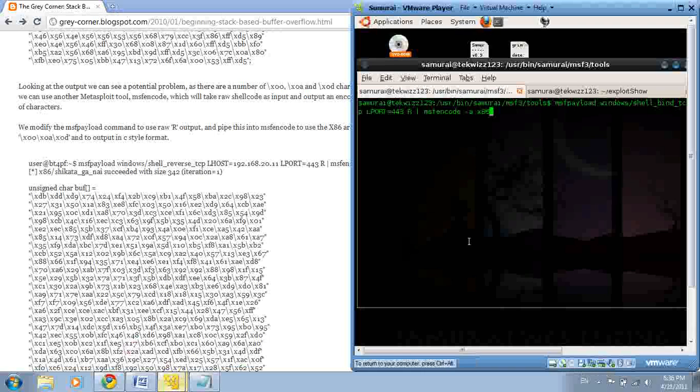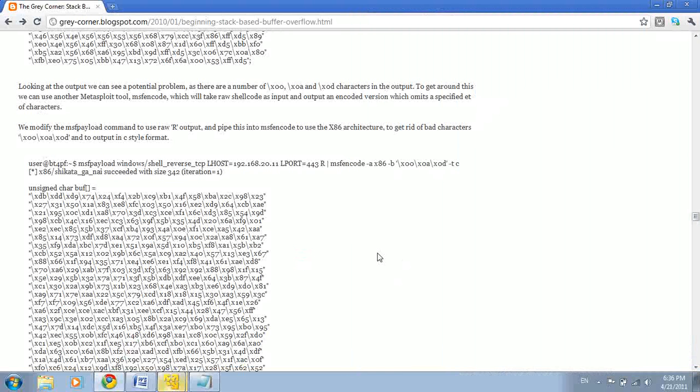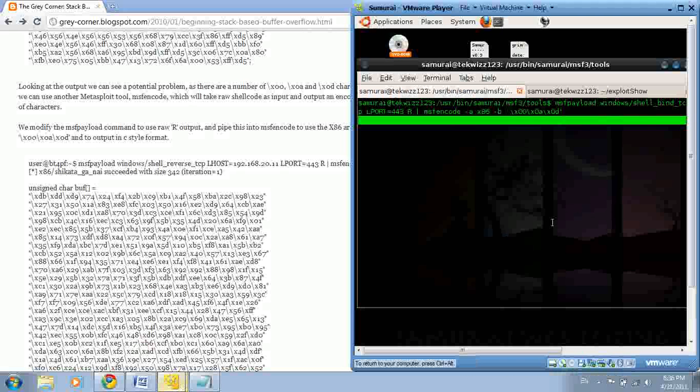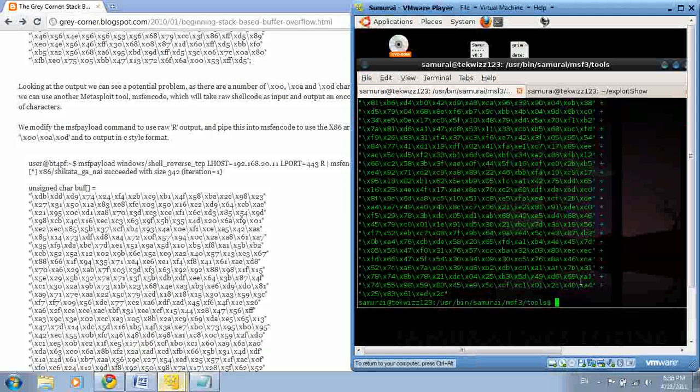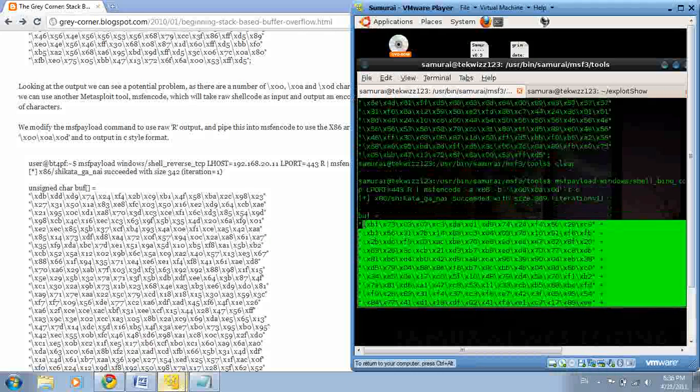And so what we then want to do is -b, single quote, and a list of bad characters. So x is x 0 x 0a x 0. I think it's d. Yeah, so that's d. And then the type, which we want to be char. And this will basically give us a nice long list of shellcode for us to cut and paste into the thing. So I can pretty much just go ahead and copy all of this,